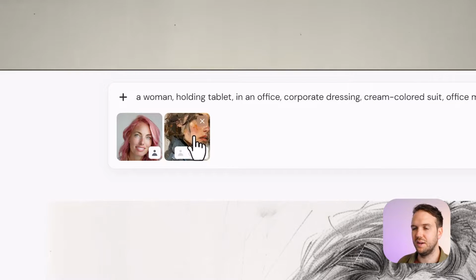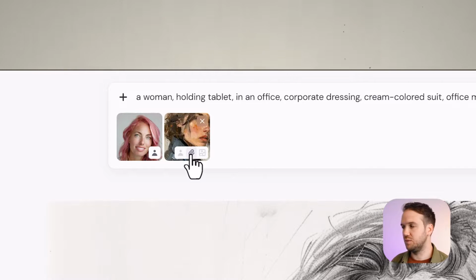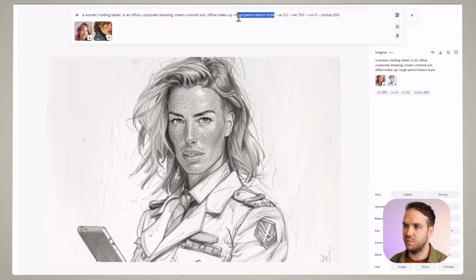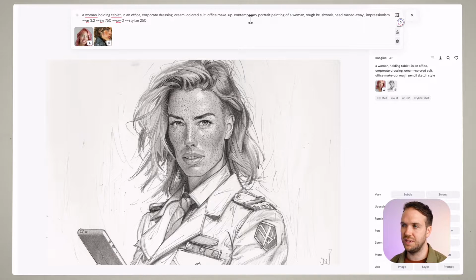Now I'll try the same prompt, but with a different style. So I've added in a photo of it's like an oil painting. So I want this one to be more of an oil painting look. So instead of rough pencil sketch style in the prompt, I'm going to add contemporary portrait painting of a woman, rough brushwork, head turned away, impressionism. And for this one, I'm just going to try a style weight of 1000 and then 0 to see the